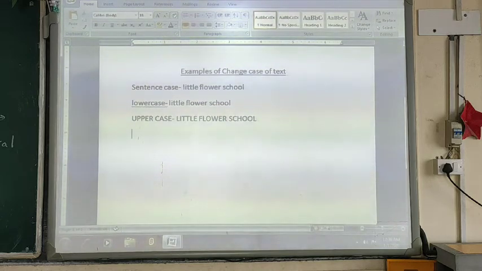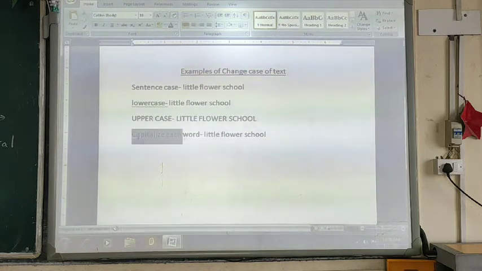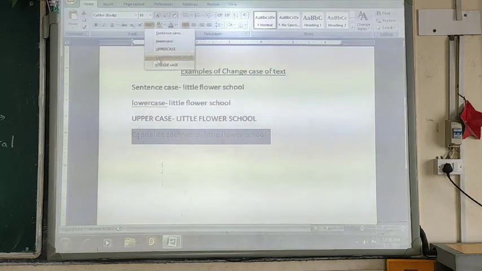Then next one is capitalize each word. Select the sentence and apply capitalize each word.